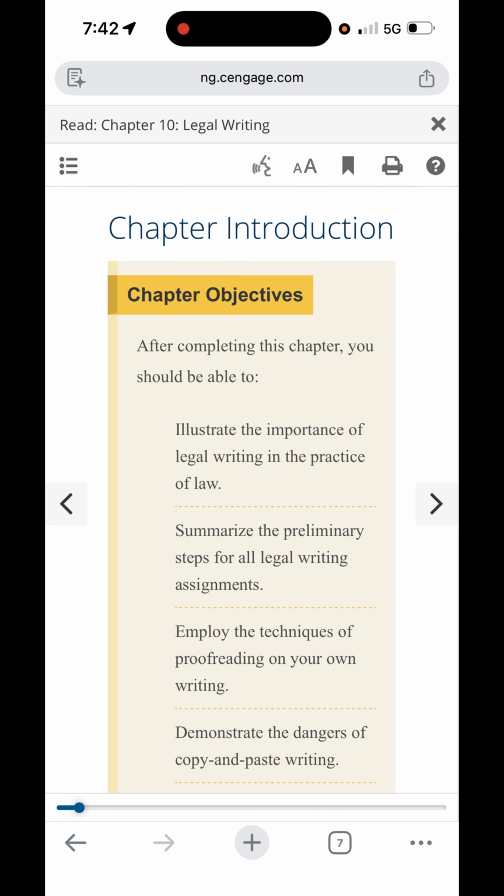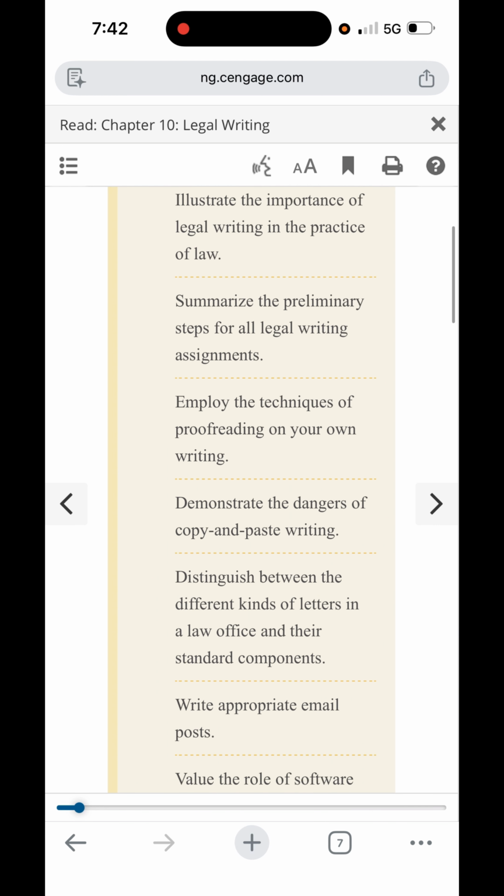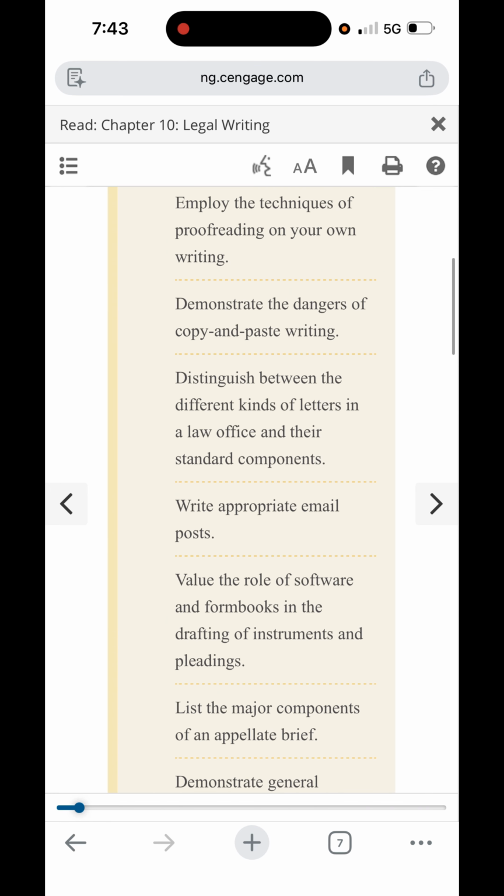Chapter Introduction. Chapter Objectives. After completing this chapter, you should be able to illustrate the importance of legal writing in the practice of law, summarize the preliminary steps for all legal writing assignments, employ the techniques of proofreading on your own writing, demonstrate the dangers of copy and paste writing, distinguish between the different kinds of letters in a law